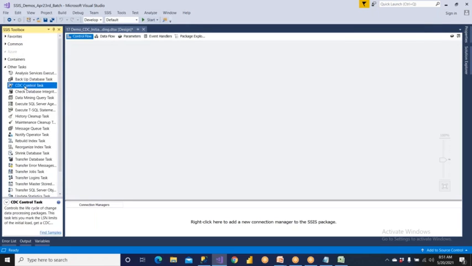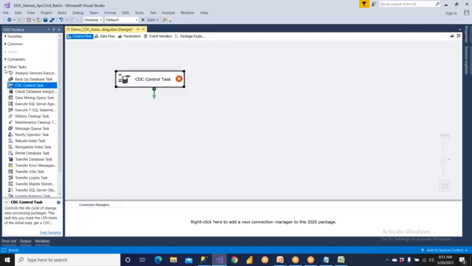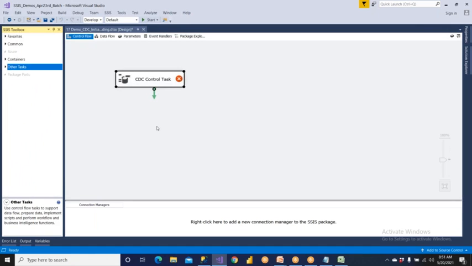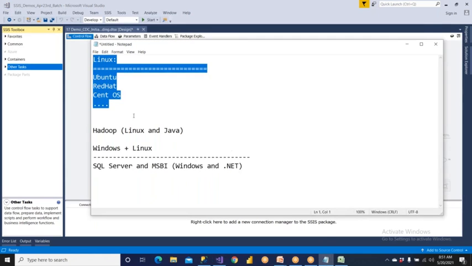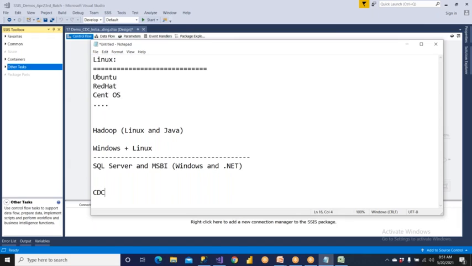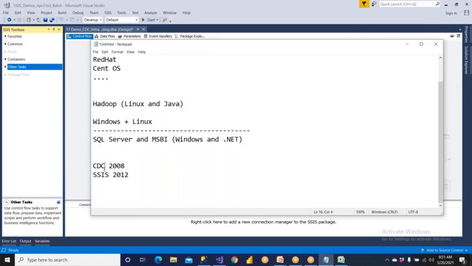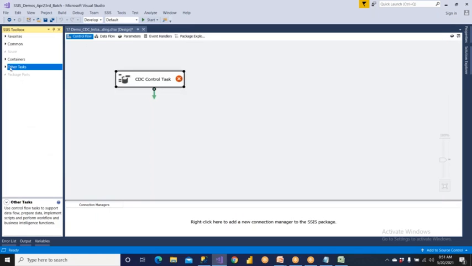As part of here, we have a CDC control task available. This is added in 2012 onwards. At SQL Server level, CDC was introduced in 2008 itself. But in SSIS, it is 2012 onwards that the support is added for CDC, not before that. Clear? So in SQL Server you can do it, but with the help of SSIS, the CDC support is enabled at the 2012 level. Clear? So you can go to other tasks, then you should be able to get the CDC control